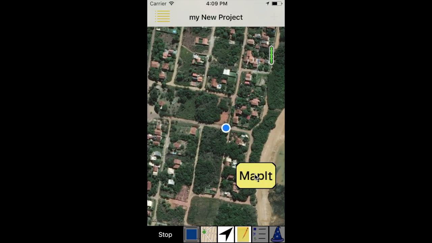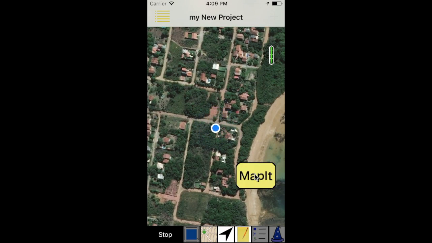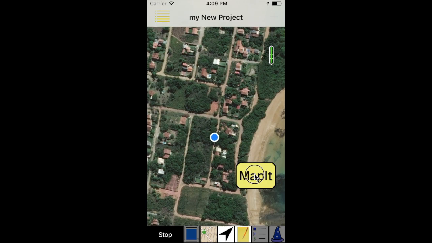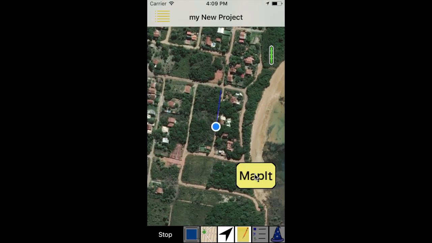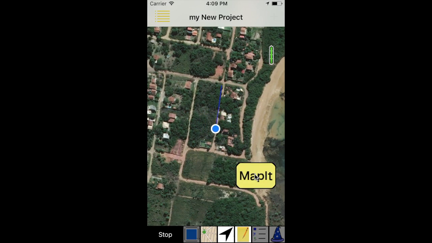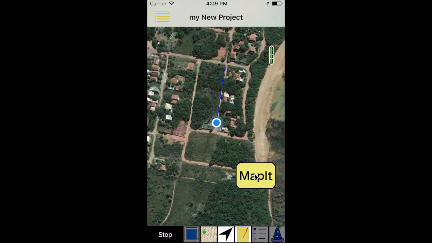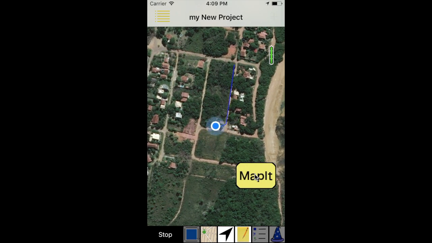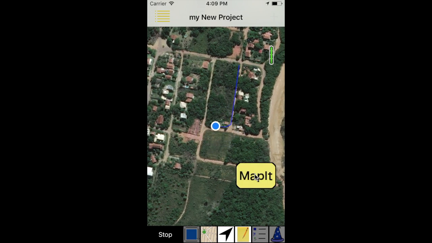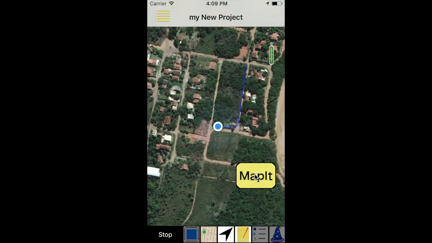So now I collected the first point, I tapped. I want to take some points in the middle of the way. So I'm collecting points as I'm walking around the area I want to survey. I'm getting to an edge. I get a point again. It's important to get points at the edges. It's mandatory to get points at the edges